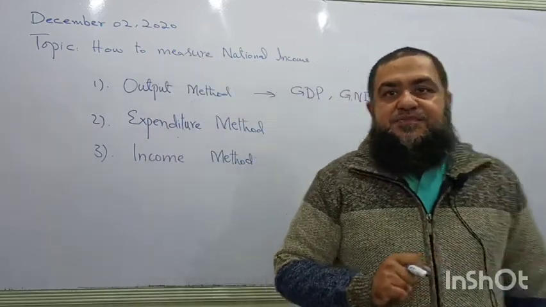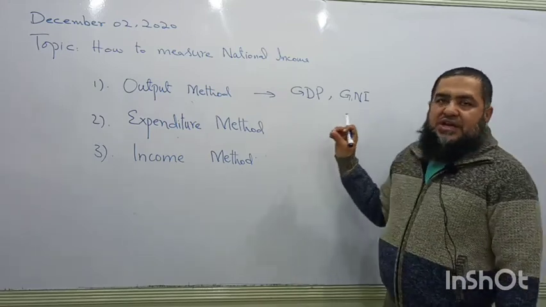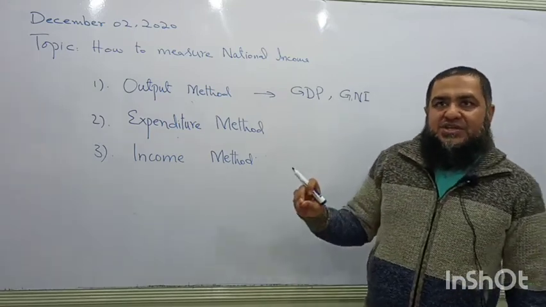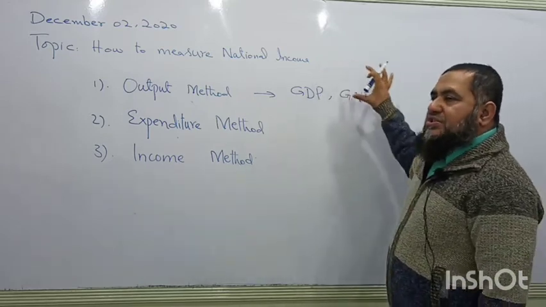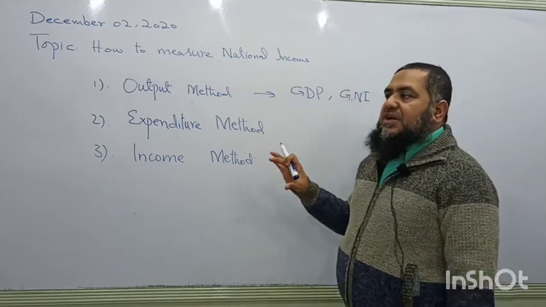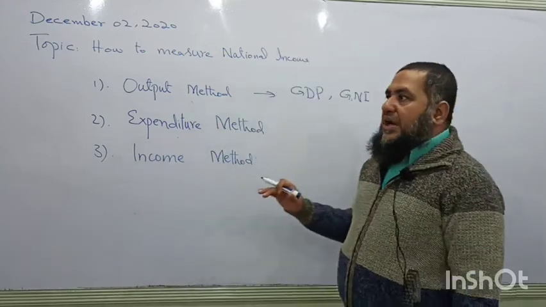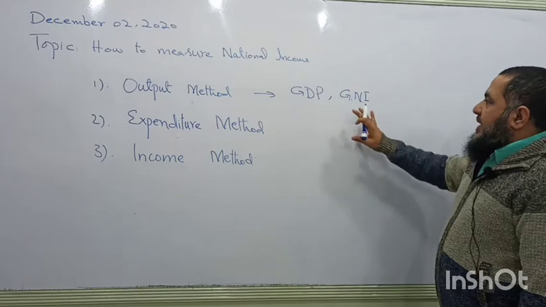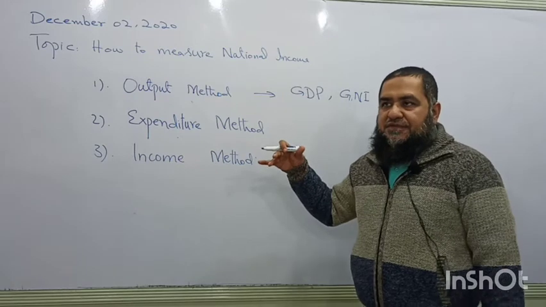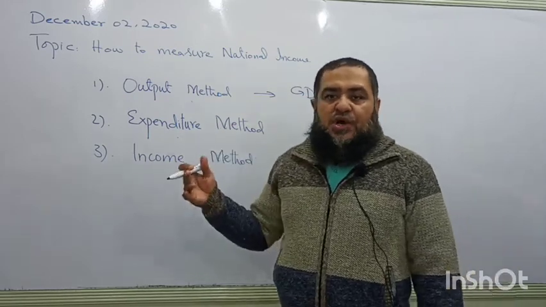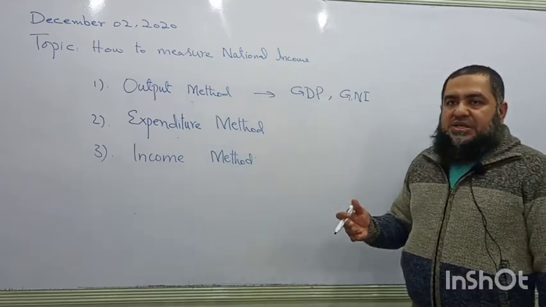We add the net property income from abroad. Whatever income is sent by Pakistani nationals from the rest of the world will be added to GDP to reach GNI, and whatever income has been earned by foreigners over here and is sent back to their home countries will be subtracted. Net property income means whatever assets are owned by our nationals in other parts of the world, and whatever income they are able to earn, like dividends from public limited companies in the US or